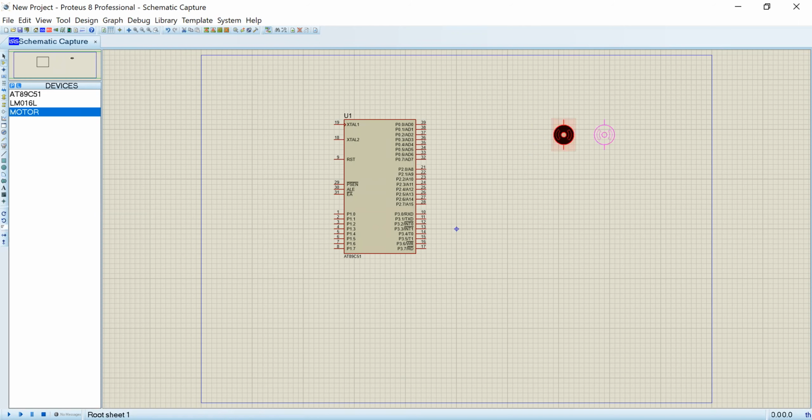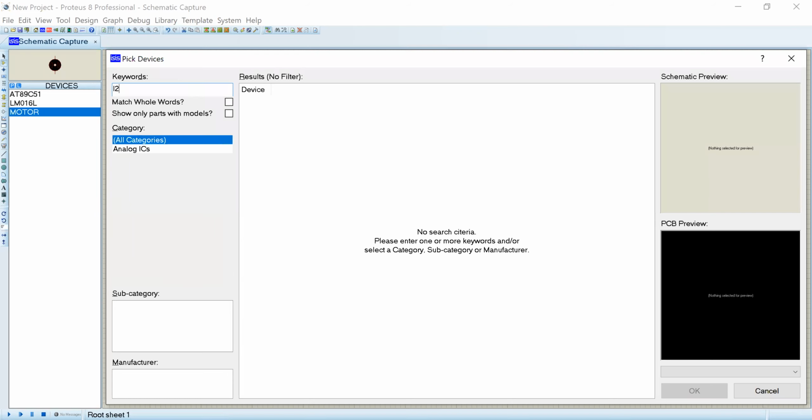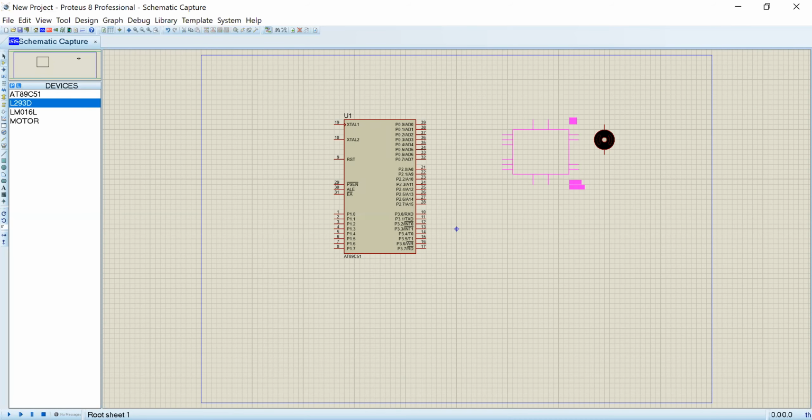The DC motor requires 12 volts, so to drive that I will take a driver, the L293. This is the driver you should take, because the DC motor runs on 12 volts. You connect the driver output channel to the motor and the input channel to port 0.0 and port 0.1, as per the program.